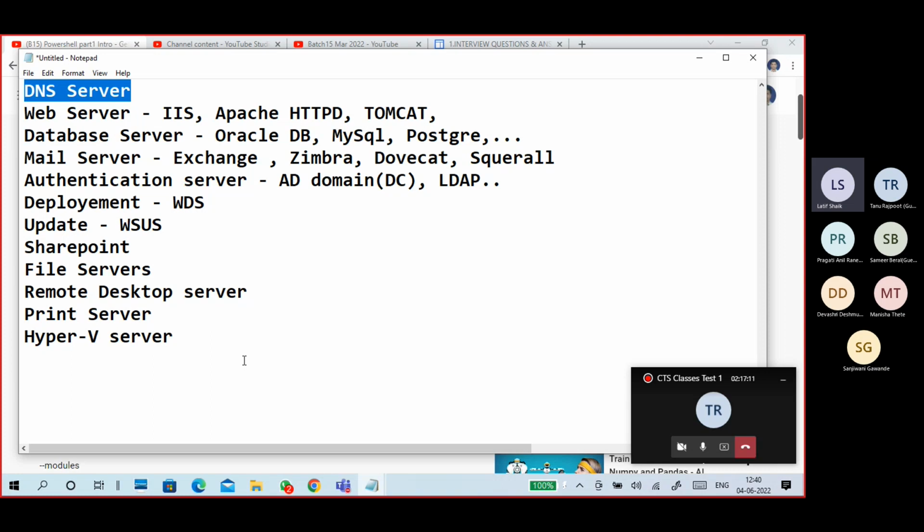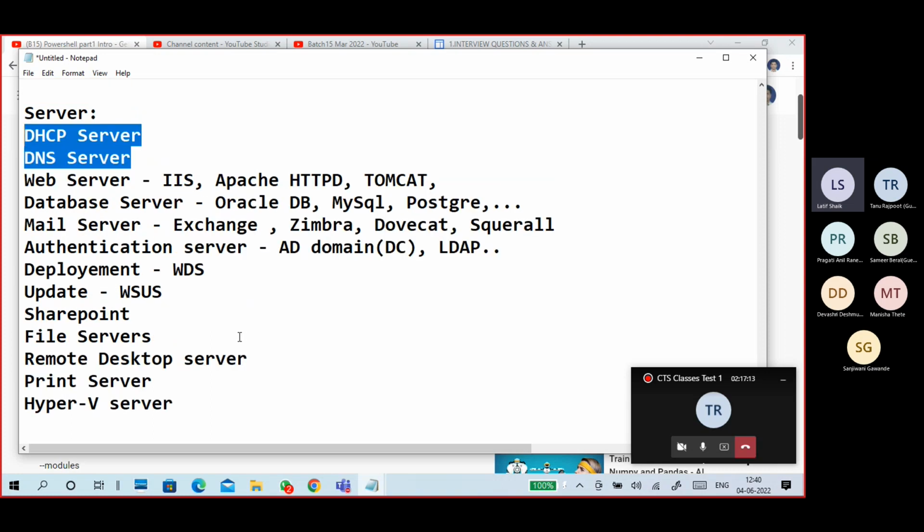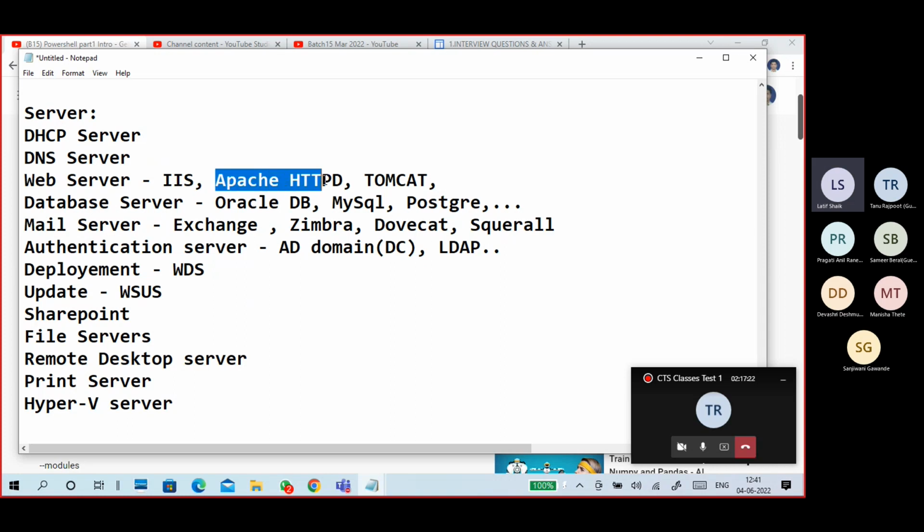These are direct roles and features. Certain servers are made by installing an application, for example, Apache HTTPD, Tomcat.